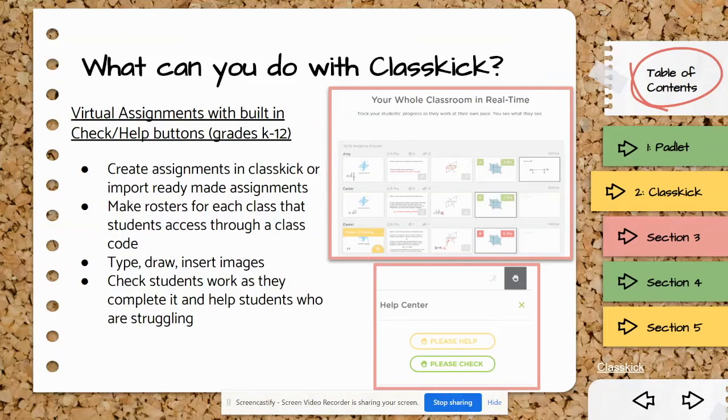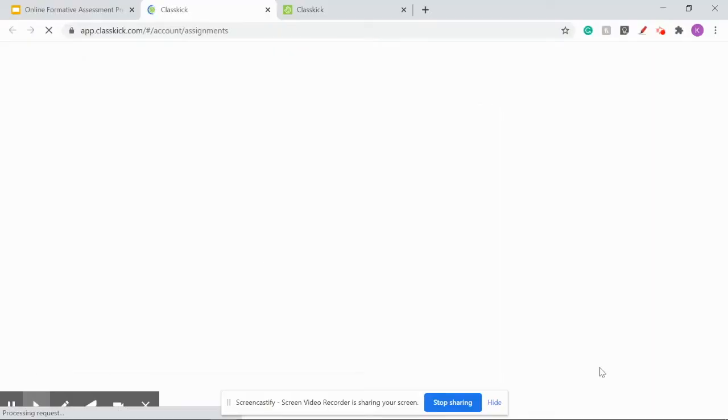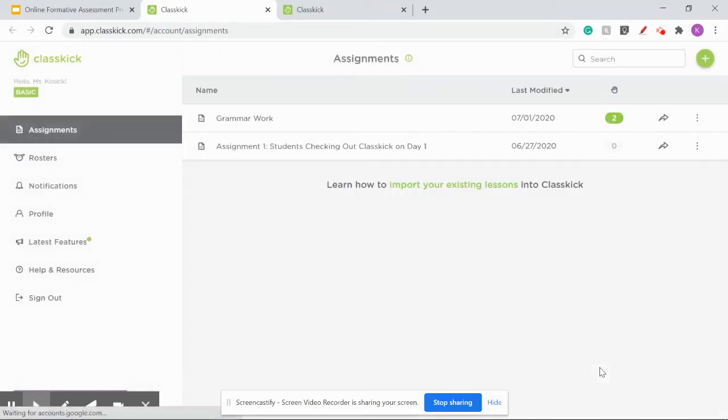What makes ClassKick so great for formative assessment, though, is that you are able to check students' work as they complete it and help students who are struggling because of these really helpful help and check buttons. What I'm going to do is click the link to ClassKick and give you a quick tutorial on how you can use this program. Okay, so once you sign up for a free ClassKick account, you're going to be taken